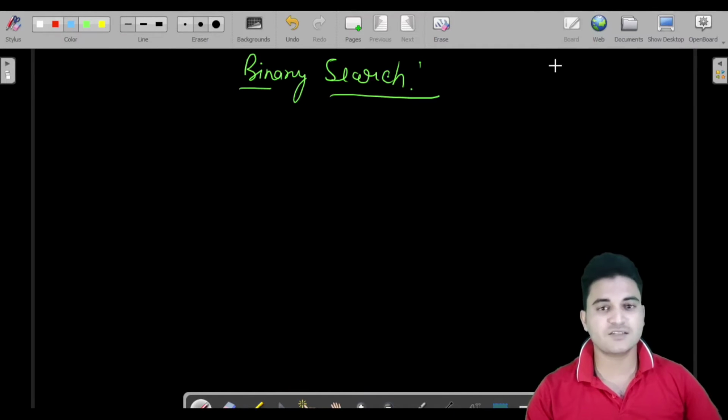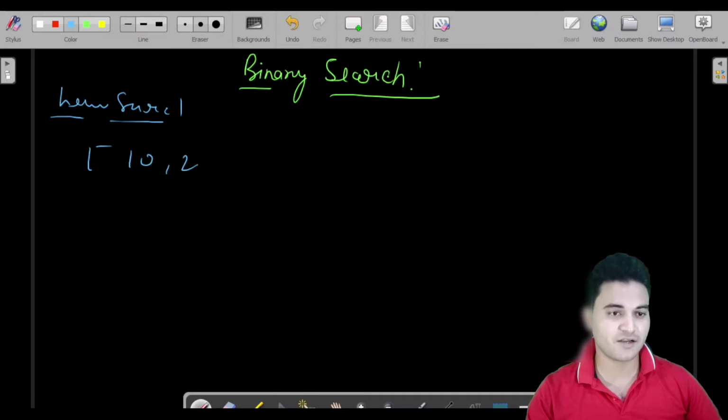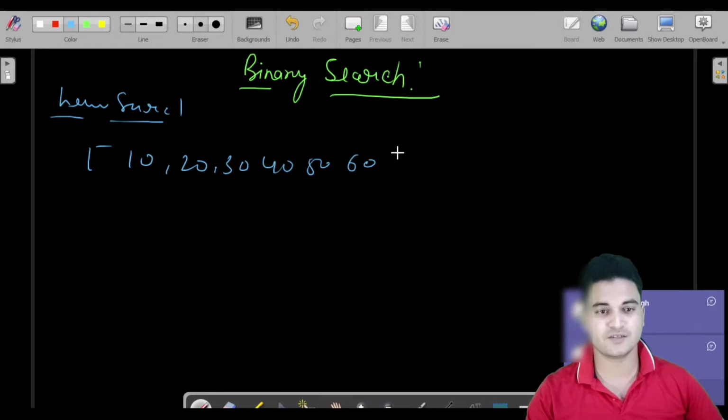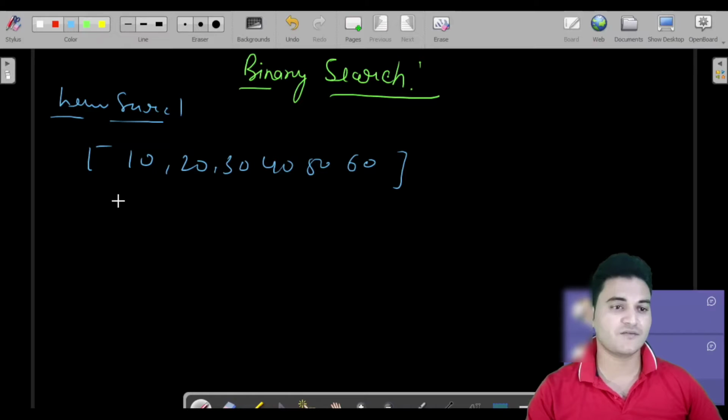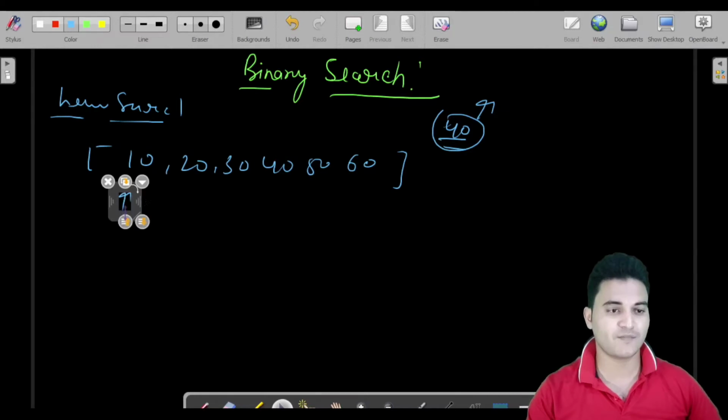Let's just revise linear search very quickly. What was linear search? Let us suppose we have an array 10, 20, 30, 40, 50 and 60. In linear search, we used to start our pointer from here, and let us say we have been given the element 40. We have to search for this and find its location. Then we used to check this element. If it is not equal, we used to increase our pointer and move it to the next element.